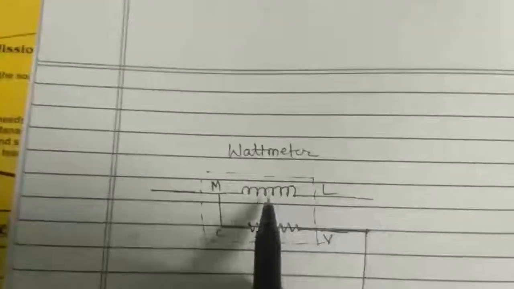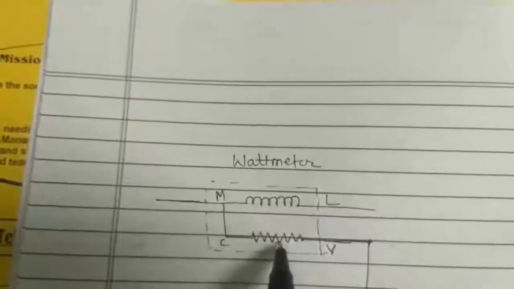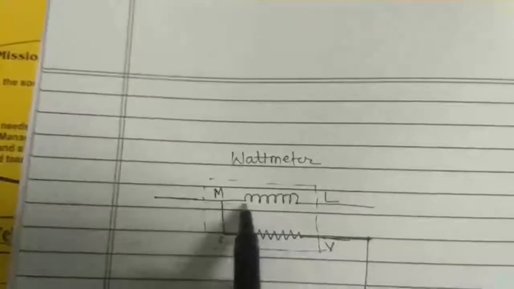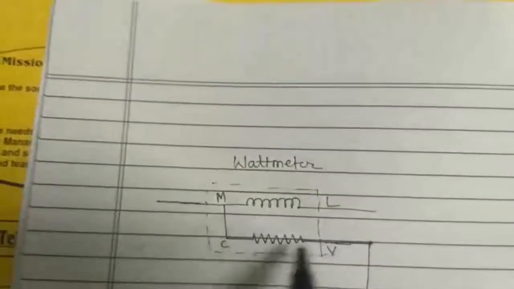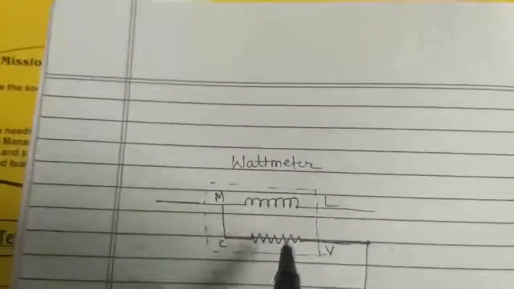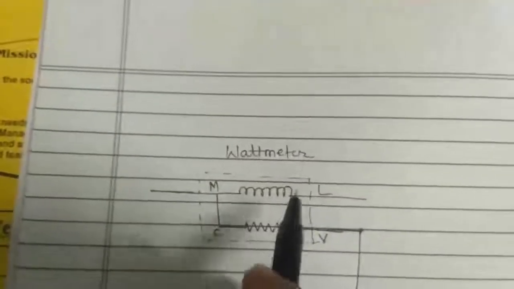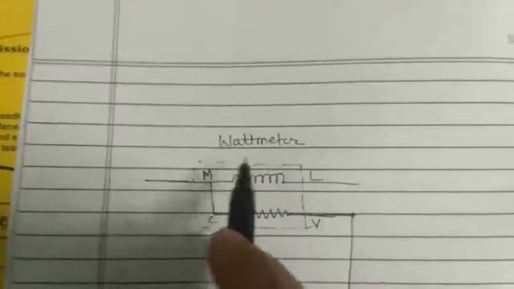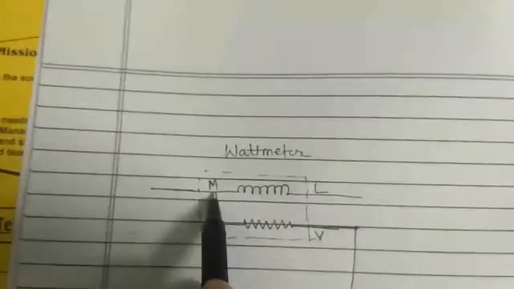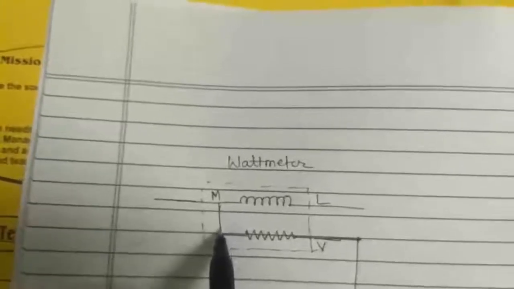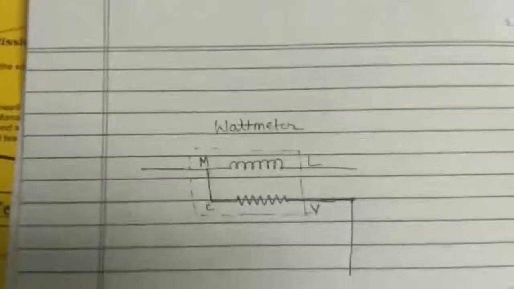The wattmeter basically consists of two coils. One is the current coil, another is the pressure coil. The current coil, which is in series, is related with the measurement of current, and the pressure coil, which is in parallel, is related with the measurement of voltage. If we measure the current and voltage, we will get the power. So this is just a brief idea about the wattmeter. And always while we use the wattmeter, we connect this M and C point externally. There is no internal connection in the wattmeter.